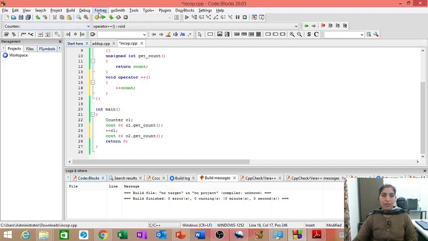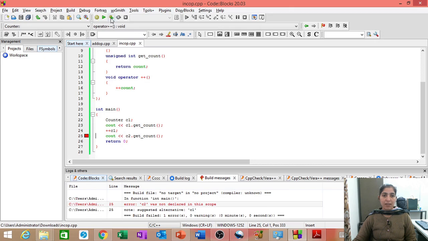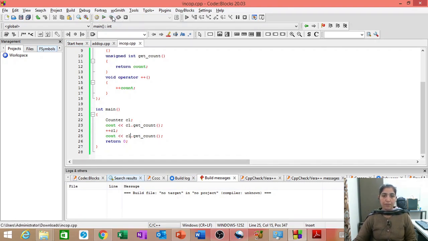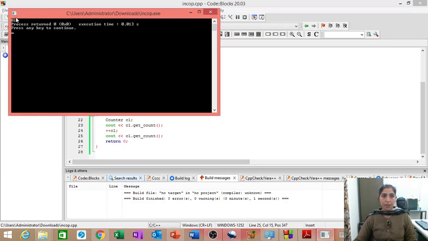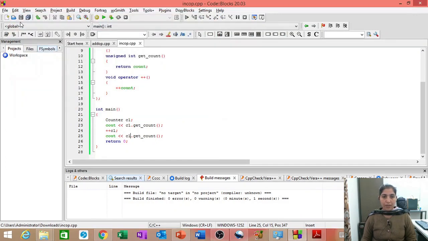And now let us run and see whether we get the desired results. This is c1.get count. Okay. Yeah, it is moving from 0 to 1. Let us again write plus plus c1.